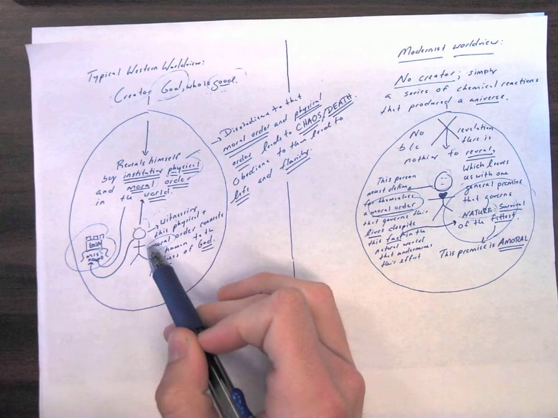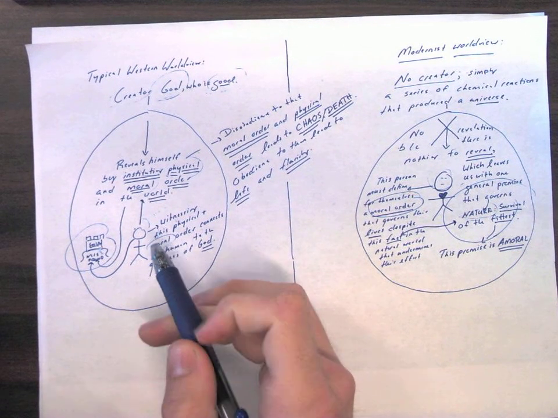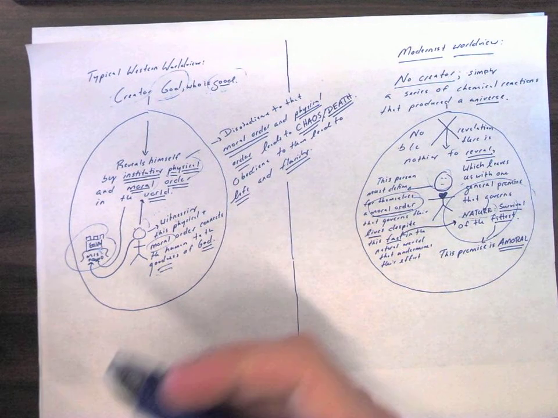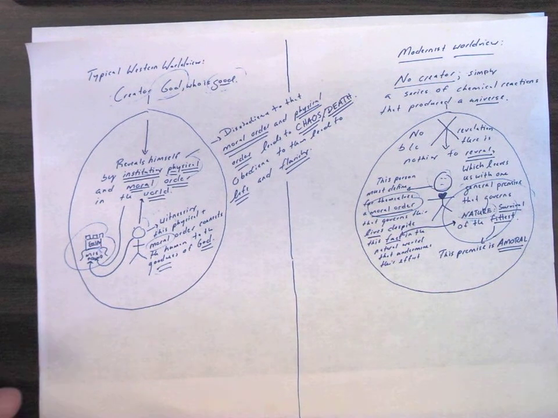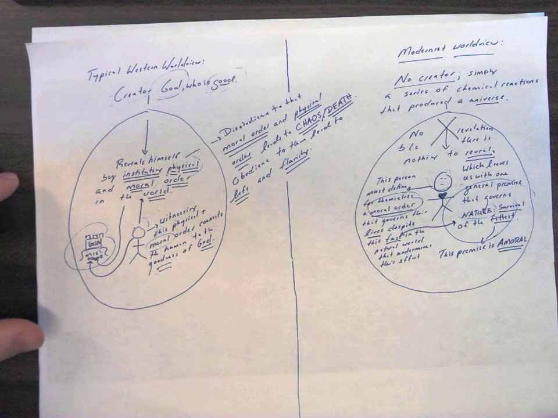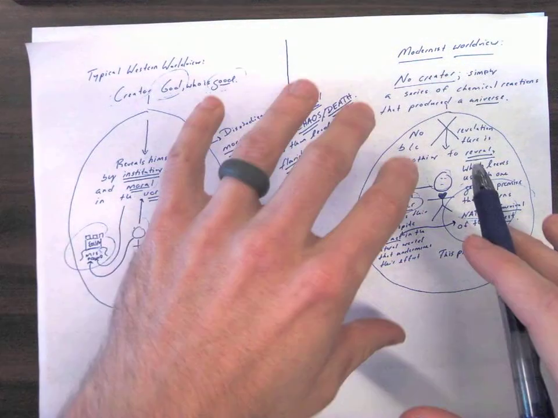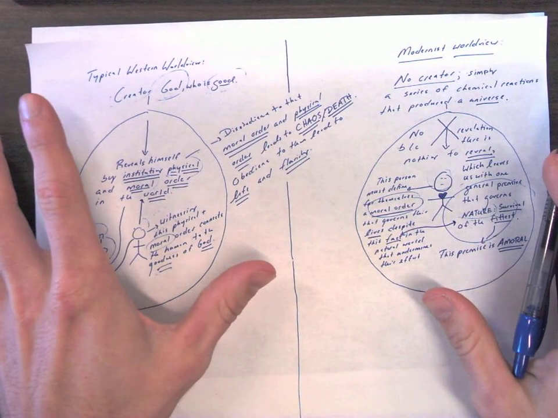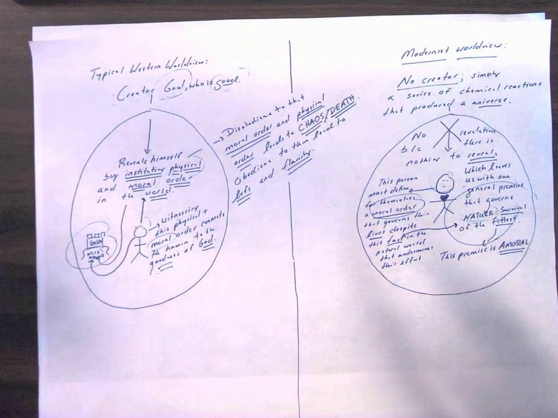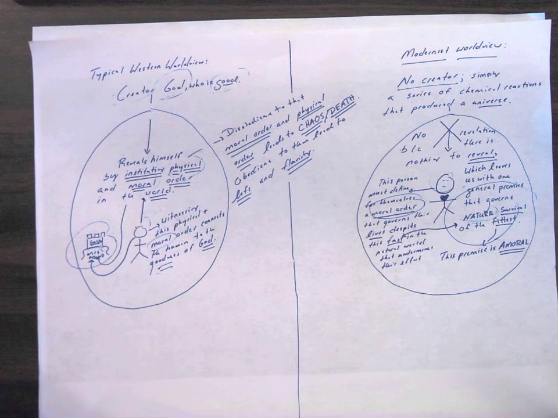Okay, you hear that word? Ought to be obeyed. That ought to be followed. Rather, what Marlowe is increasingly coming to grips with is this pessimistic, or another word for it would be nihilistic, modernist worldview, in which, again, there is no creator, but rather the world is just the result of a series of chemical reactions that produced a universe, that produced a cosmos.